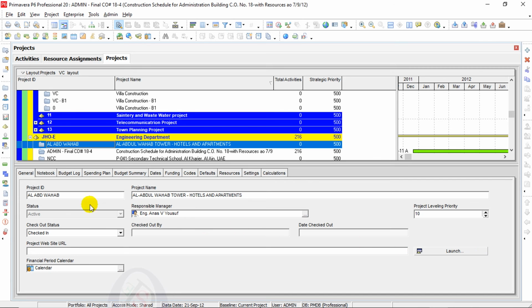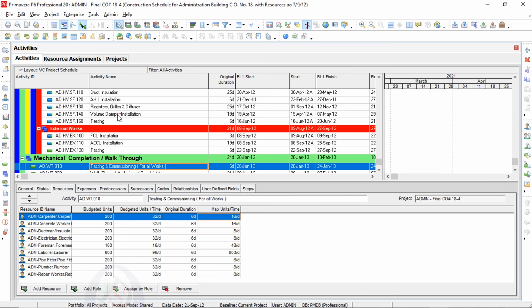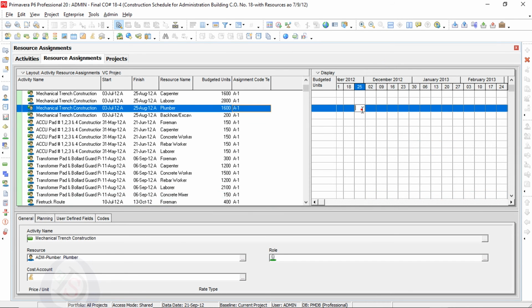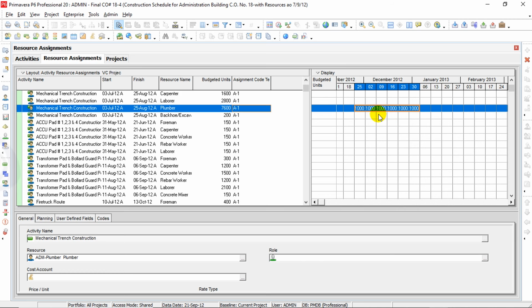There are more features I want to discuss in the resource assignment. I will open the project and resource assignment here. If you are planning for remaining units, you can write your units here, and there is a Fill Across option here. This is a new option introduced by Primavera P6.